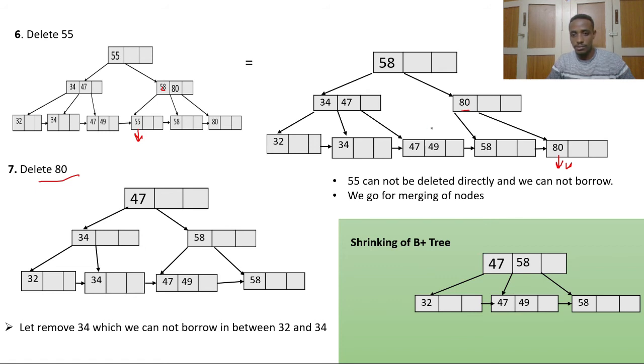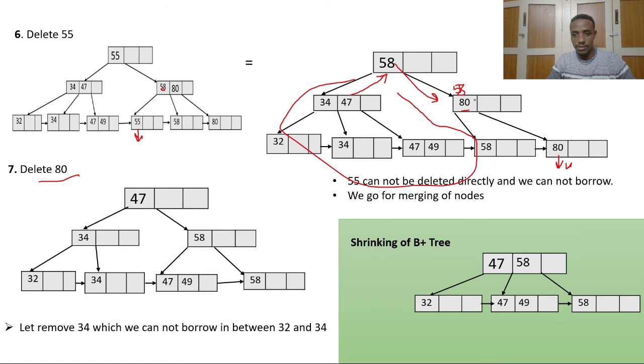So we will borrow from the left child. Left child will be here. These all are left child. So from the left child we'll borrow the maximum value. So the maximum value from the first node is 34 and 47. So 47 will be borrowed through the root node. This root node will be substituted by 47, and this will go down here, and this 58 will come here,